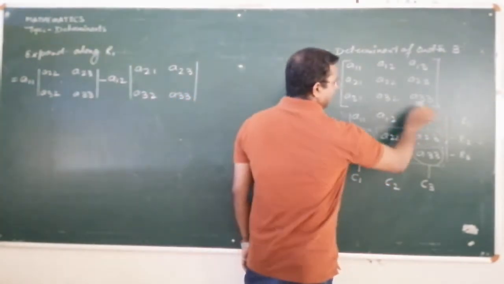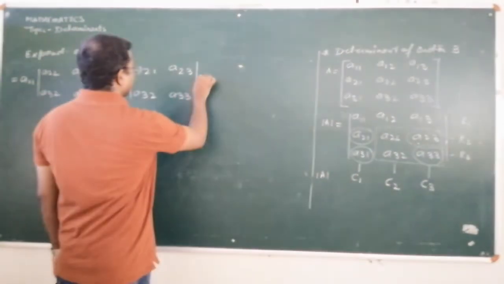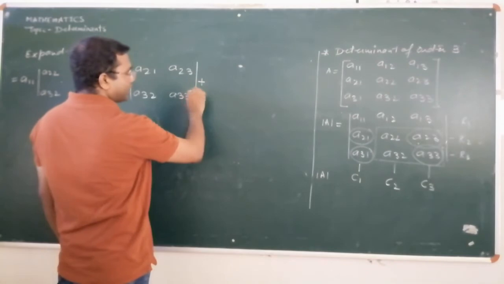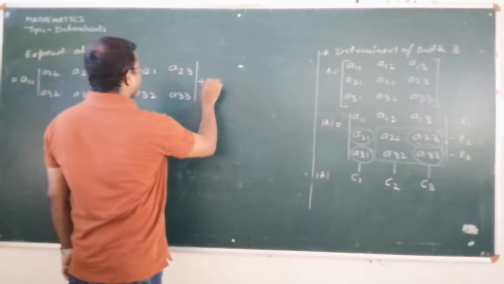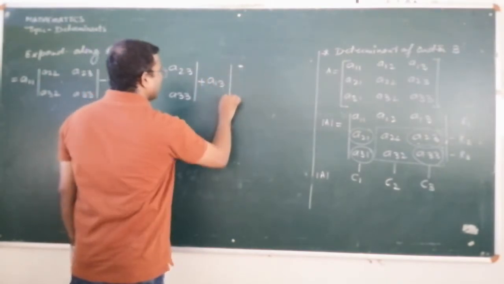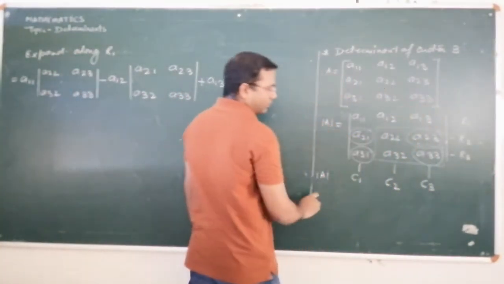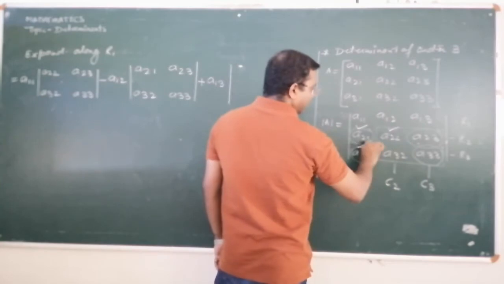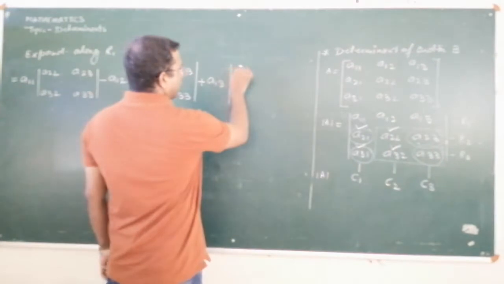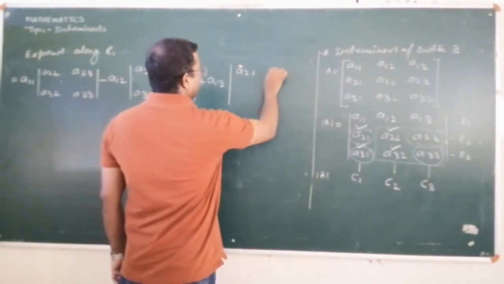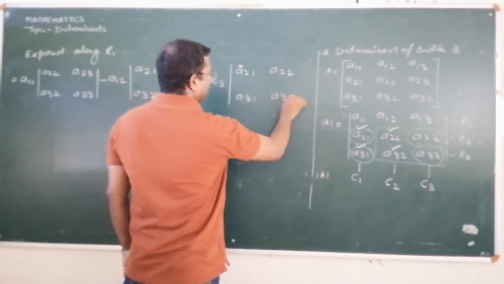And the last step is what? Similarly, we will have to take the last element of the first row. The last element of the first row you will write with a positive sign. Why is it so? I had explained to you in the first lecture. So you will write A13, and then for the remaining elements you will hide the third column and the first row. The remaining four elements, in the form of a determinant, you will write: it is A21, it is A22, it is A31, it is A32.